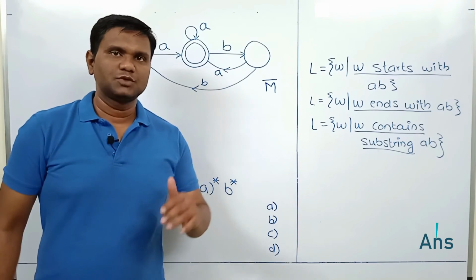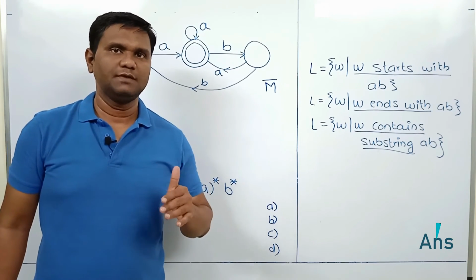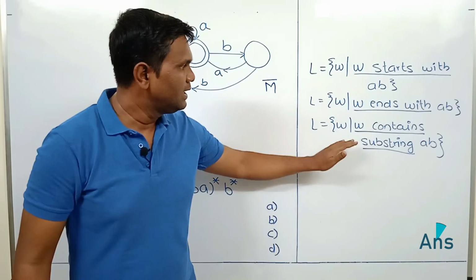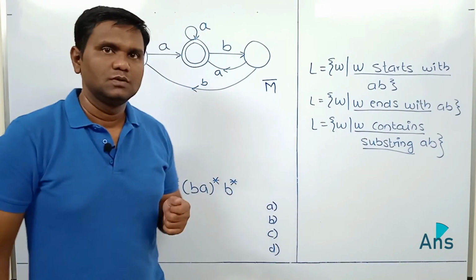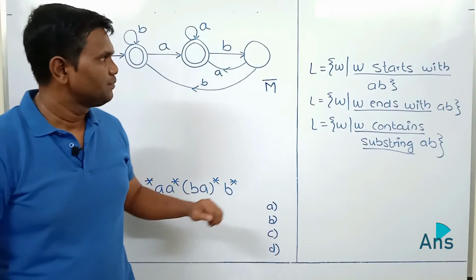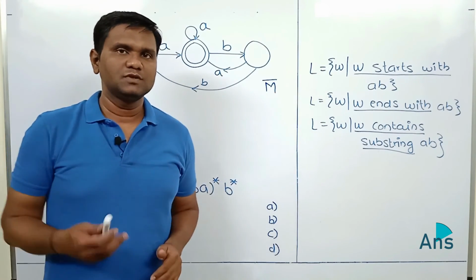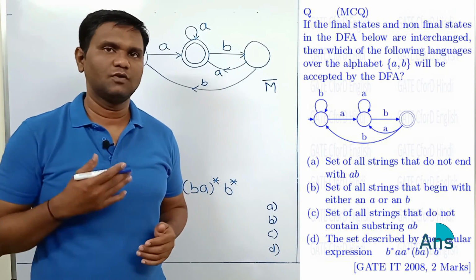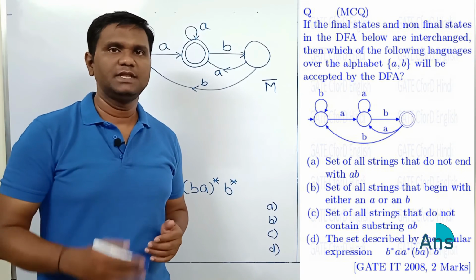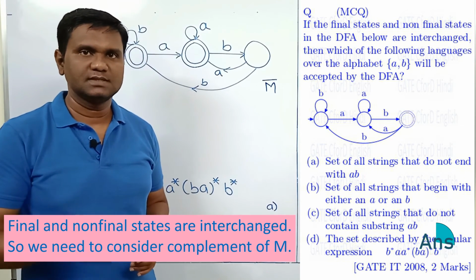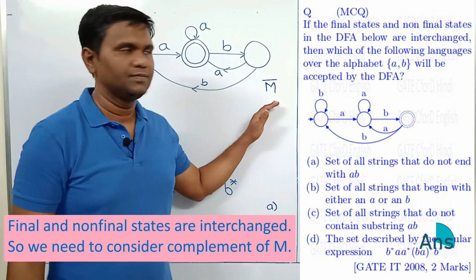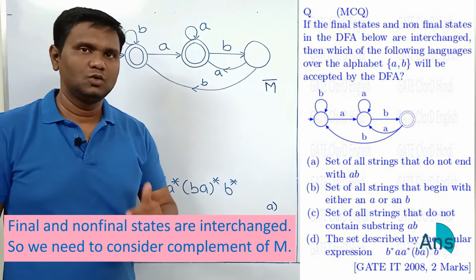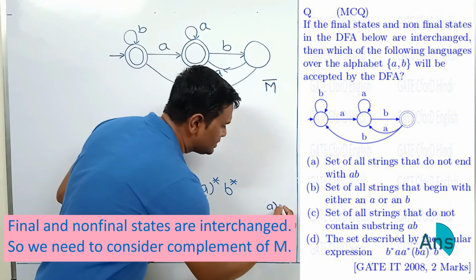Now in the GATE exam, when there is a question related to DFA, some types of questions they frequently repeat. For example, W starts with AB, W ends with, and W contains substring. So students should practice designing DFAs for these types of questions. If a student has enough practice, then the student will immediately recognize that the given DFA is for the set of all strings that end with AB. But the question asks about the language of the complement of the DFA. The complement of the language is the set of all strings that do not end with AB. So option A is correct.